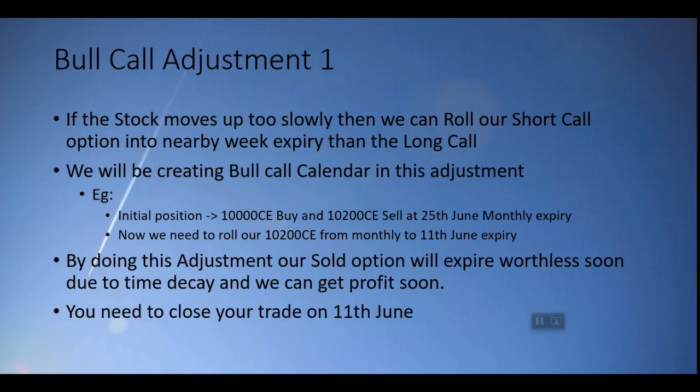You need to close your trade on 11th June. Even if the market starts moving up to about 10,100 or whatever it is, up to 10,200 we will be in profit. The 10,200 call option will expire worthless and we'll get the profit from that, and also we'll get some profit from the 10,000 call option as the market is moving slowly on the upper side. So this is bull call strategy adjustment 1, and now we are going to have a look at